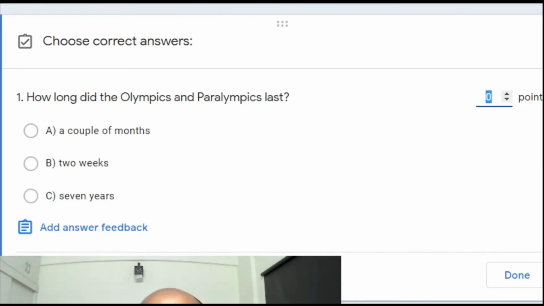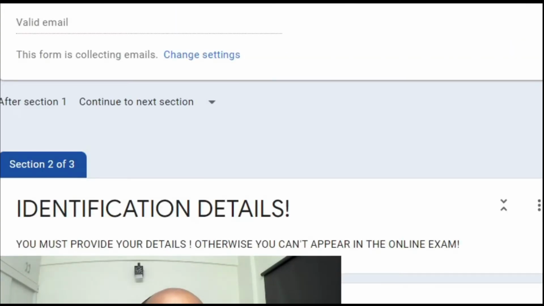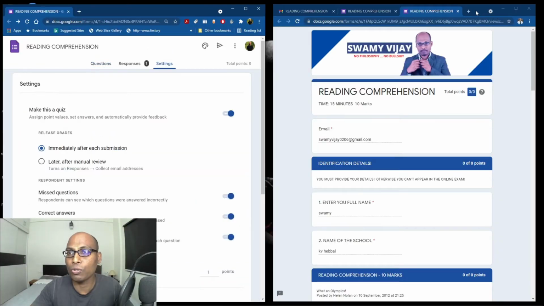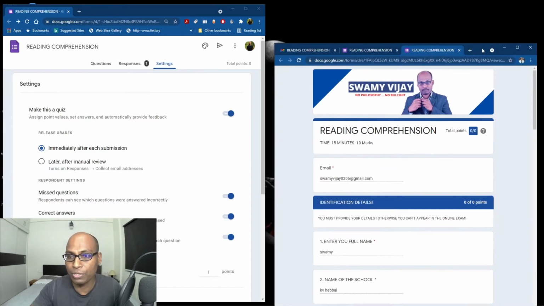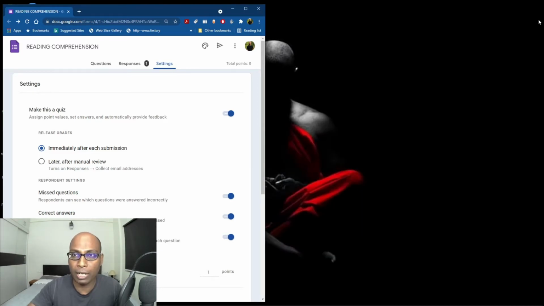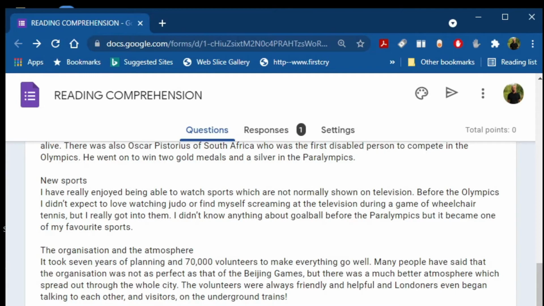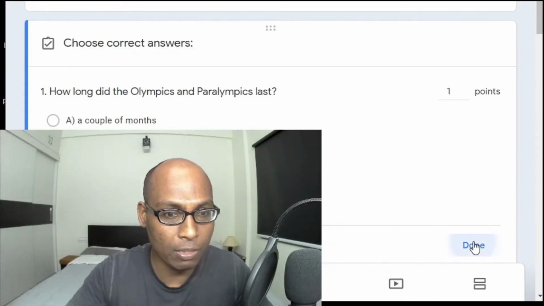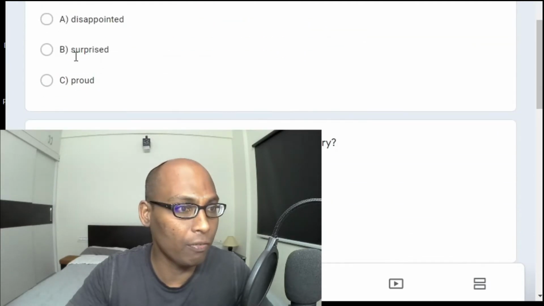So instead of giving points to each and every question, what I do is make default question point 1. Okay, then I'll update. Now here we'll also see what will happen if we update after submission of the form. Still they didn't get any points, I suppose. So I'll do one thing, I'll close this one and then come back. So you have to give marks, don't commit this mistake. See here there is no point. So now I'll select points quickly. So you don't make this kind of mistakes.